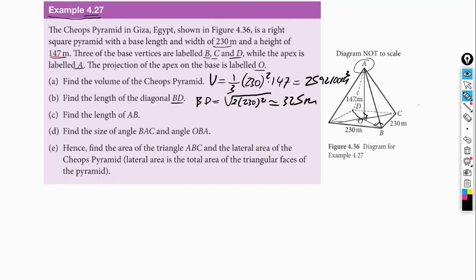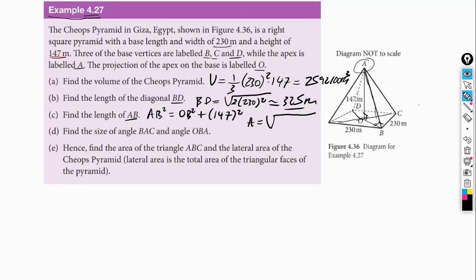For part C, they want us to find the length of AB. So AB is the hypotenuse of this triangle here, right? So notice that AB squared is equal to OB squared plus 147 squared, which is the height squared. So we need OB, but OB is just half of BD because this point here, O, is in the dead center of the square. So this divided by 2, so that means that AB is equal to the square root